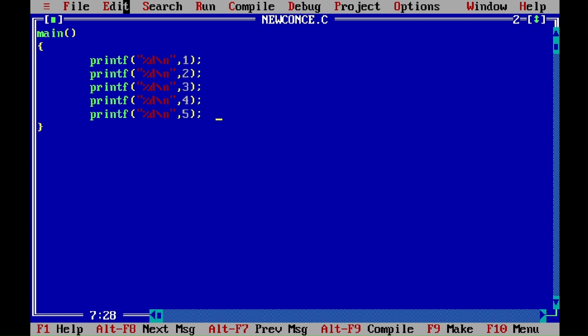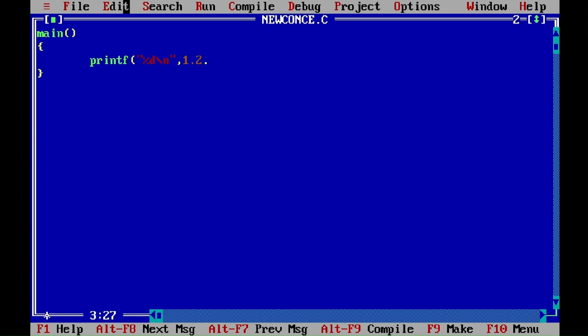Now our task is to print numbers from 1 to 10 by writing only one printf. I will write only one printf line, but I want to print the numbers 1 to 10. Don't think like 1 comma 2 comma 3, not like this also. I will write only one printf and one letter after %d, and I should get 1 to 10 printed